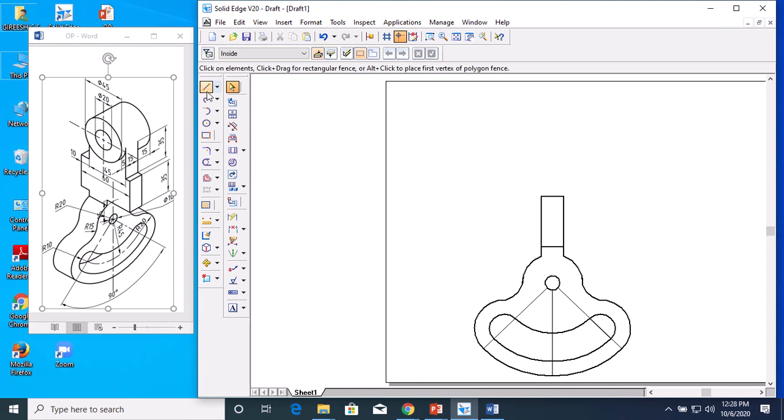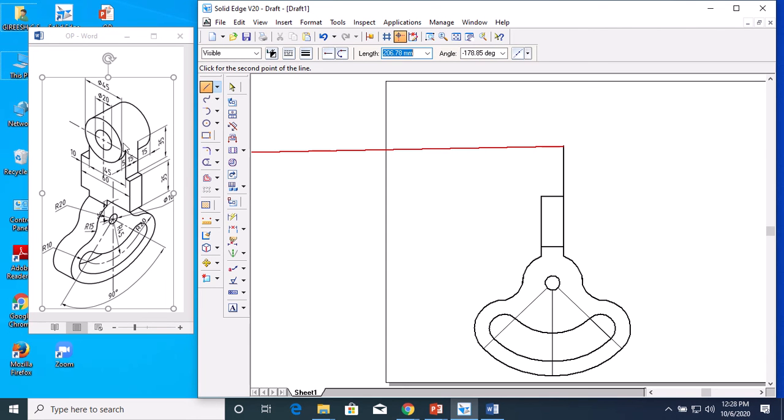Then from here to here you draw 35 mm at 90. You are not supposed to close this, it is open to the curved surface. You make it open here also, 35 at 90.